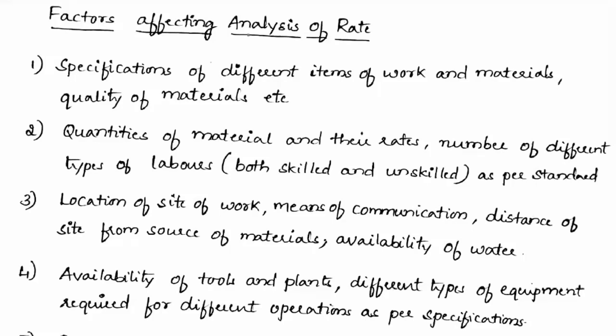For example, if I take one construction example, I want to do flooring. If you want to do vitrified flooring, rates will be different. If you want to do granite flooring, it will be different. If you want to do marble flooring, rates will be different. Why? Because the material rates are going to increase. Similarly, the labor rates also are going to increase. Why? Because with vitrified tiles, they directly bring and fix them. But with granite or marble, they have to cut it, and then fix it. Therefore, that rate will be extra.